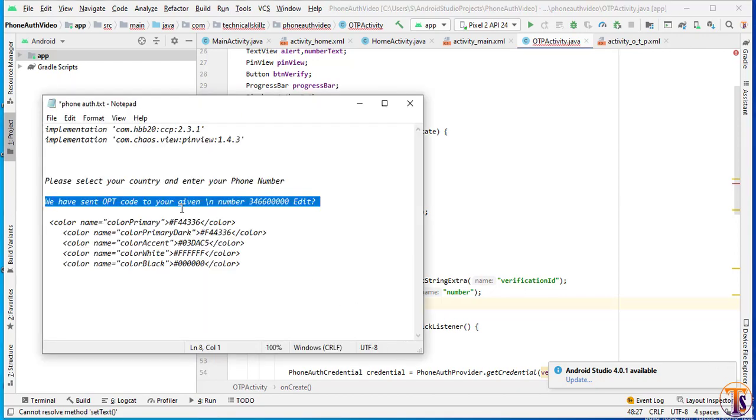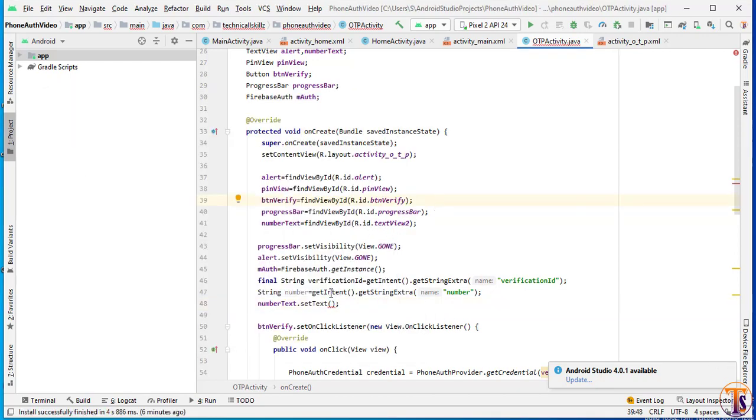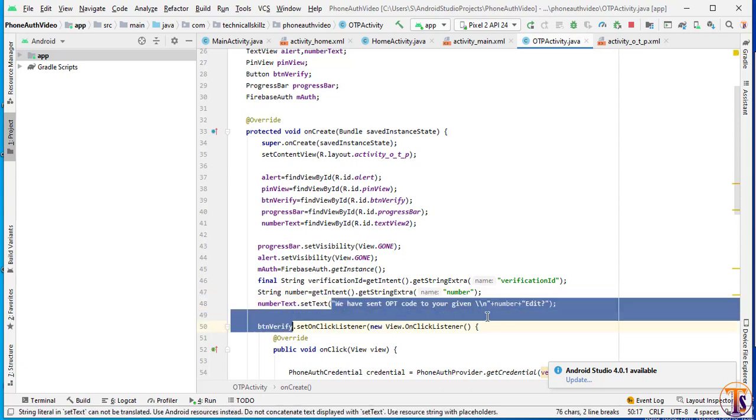So I will copy this text and here we will paste that text, add inverted commas, and now here we need to remove this number. Okay, now add plus here, and again we have to pass the number and again plus and inverted commas, and here you can add in edit. So in this way you can show your number on the text view.